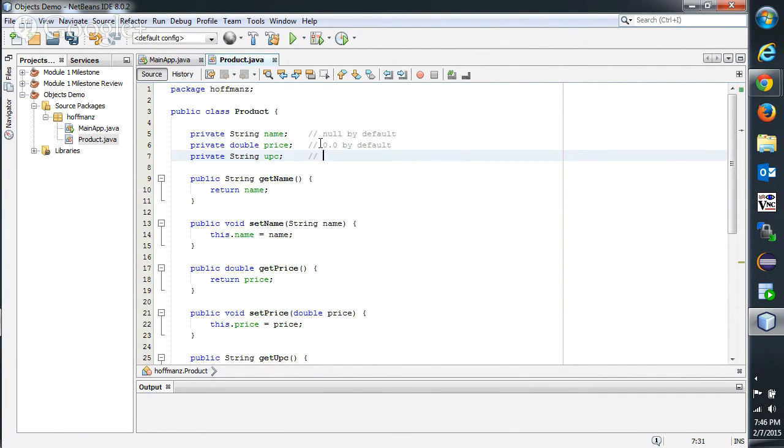And the UPC will also be null by default. All primitive types, like double, have a default value. The objects, like string, and you can tell they're objects because their type begins with an uppercase letter, it's a class name. Objects like string don't have a default value. Null signifies the absence of a value. So this is where we could run into trouble